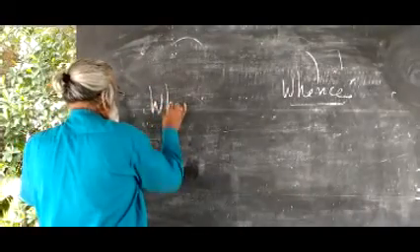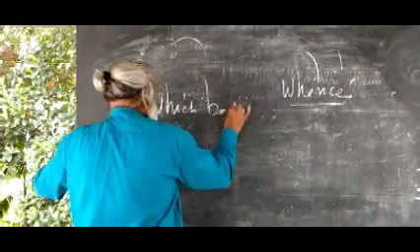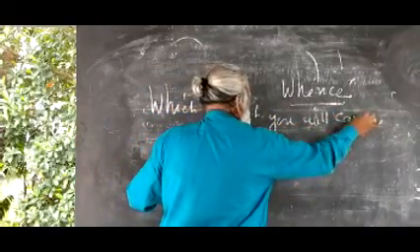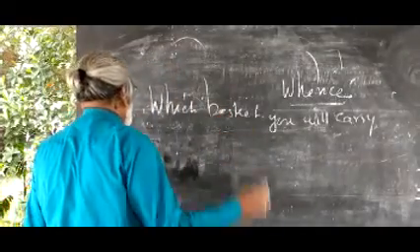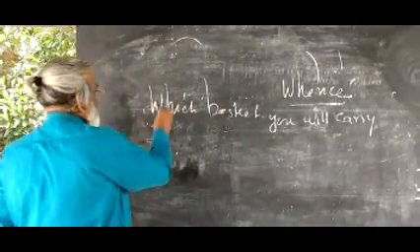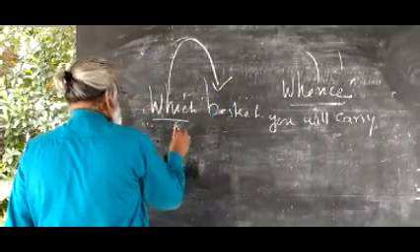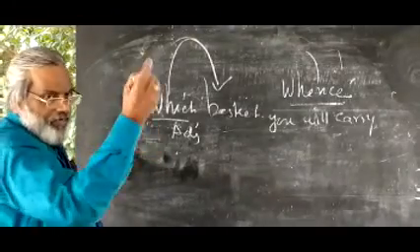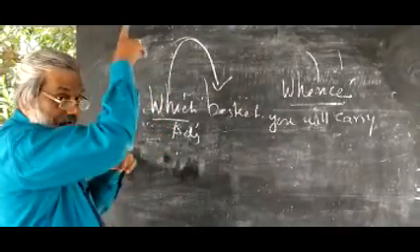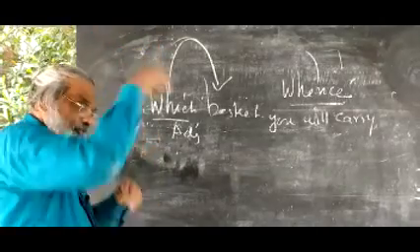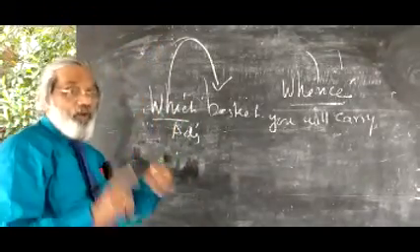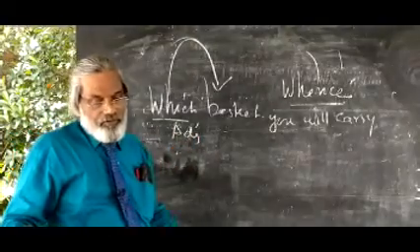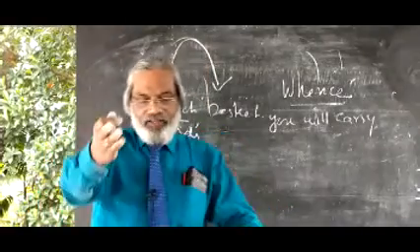That is also technical. So, interrogate: which basket will you carry? Example, which basket you will carry. Look here, one example. It's not my example. I took it from a grammar book. Which basket? Here which is coming as an adjective. What adjective? Interrogative adjective, interrogative modifier. That was already studied in the fourth unit; you refer to the previous one. But this word, though it is considered to be an adjective in the sentence, is termed a determiner. Which basket will you carry? Whose bags are lying outside?